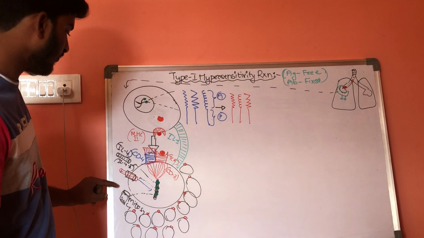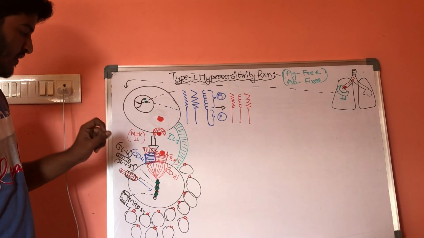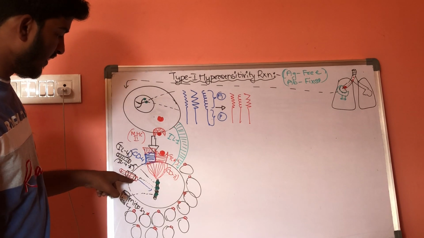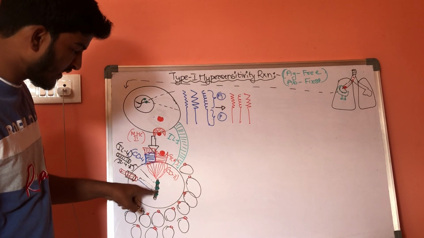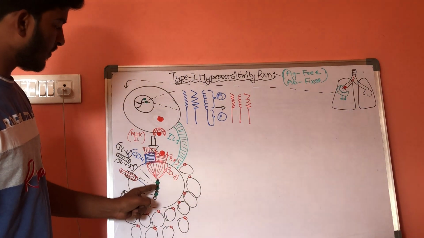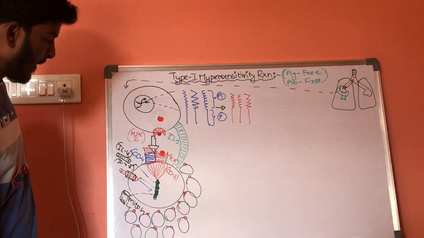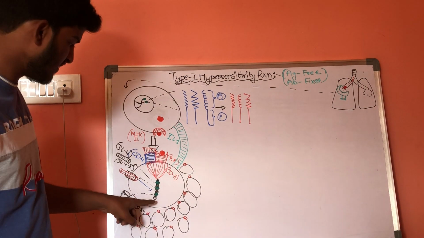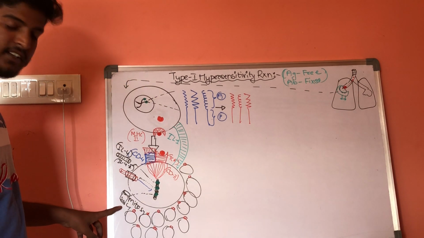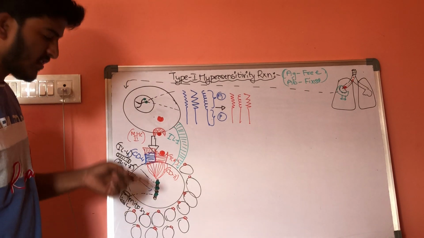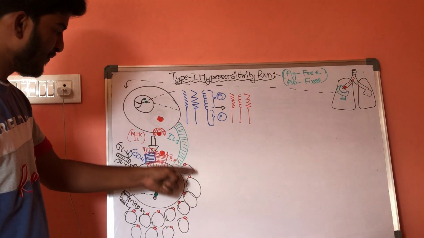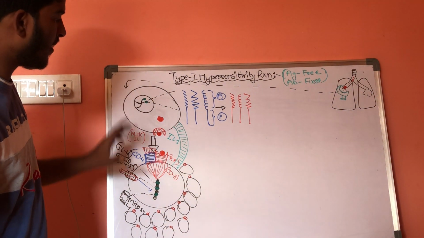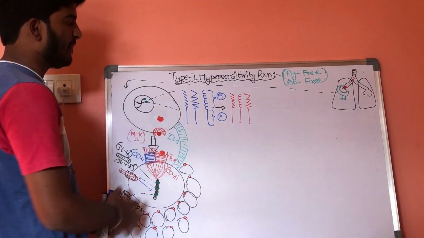Now, whenever this transporter protein is synthesized, then interleukin 4 will get stuck up here. Now, after attaching with this membrane protein, it will activate another set of genes which are present on the genetic material of T helper cells. After activating this, it will activate another set of proteins related with mitosis. So, whenever the mitosis related genes are activated, it results in increasing the number of T helper cells. So, this is part 1 of type 1 hypersensitivity reactions.